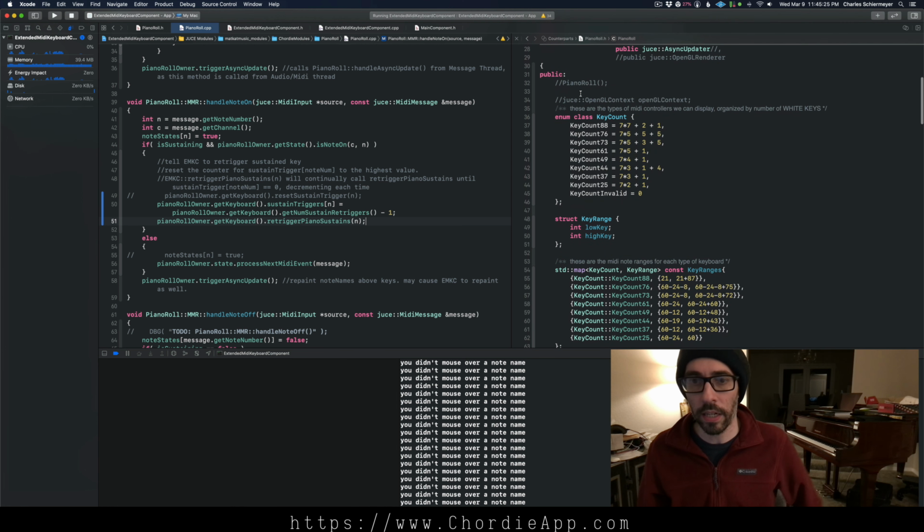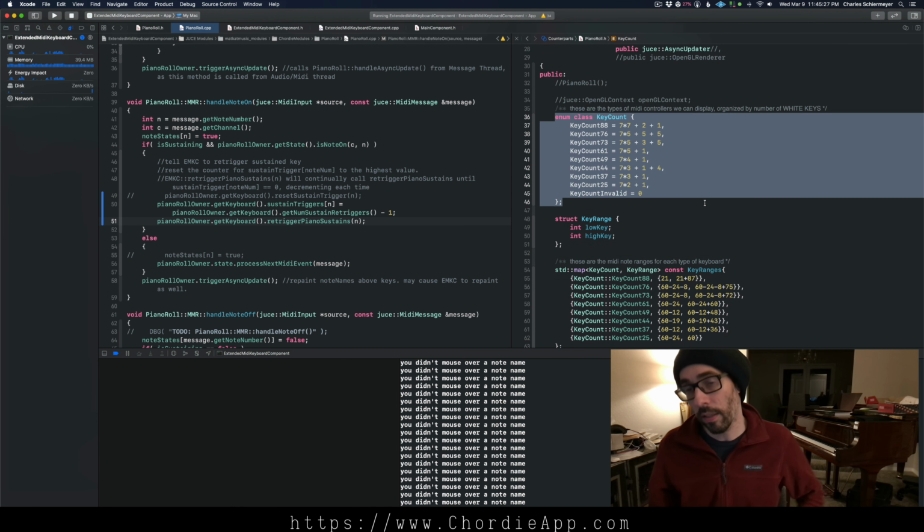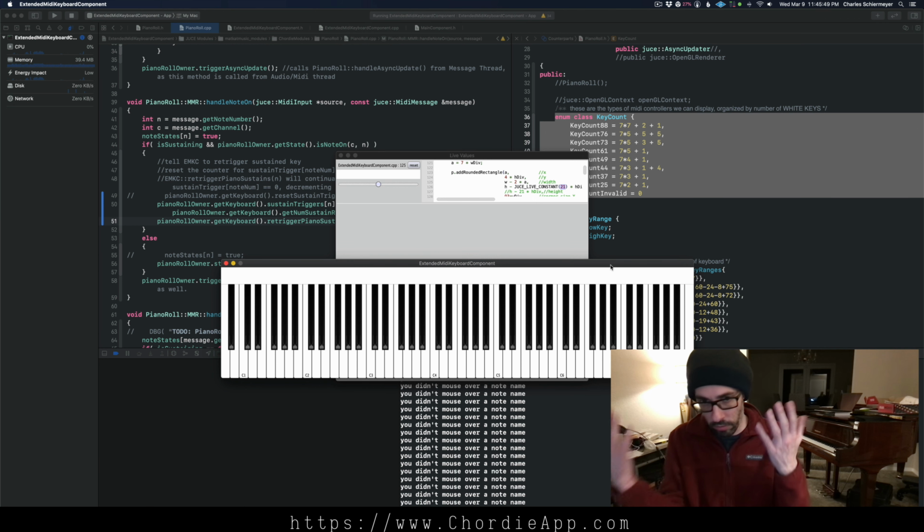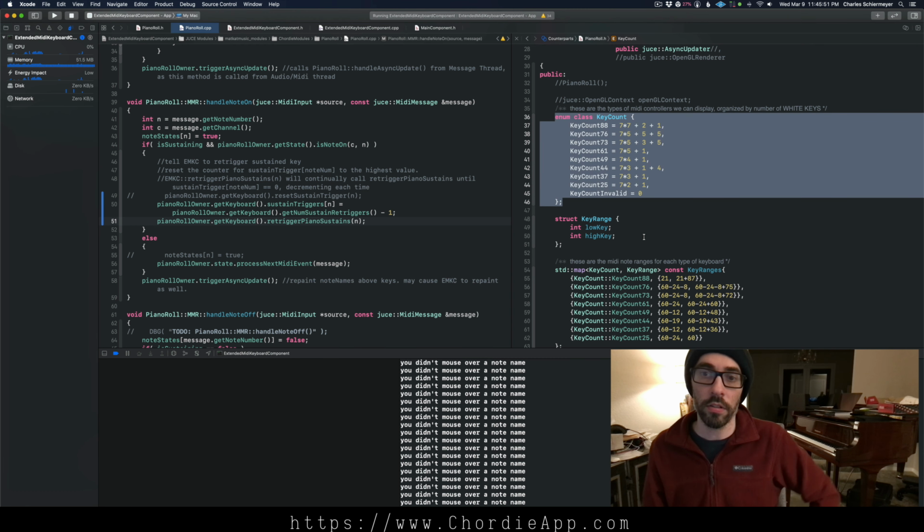So there's stuff like, I got all this key count stuff because I had the ability to customize what size keyboard was displayed. Like this is showing the 88 key keyboard. These are clearly way too long. There was so much customization because a lot of people are like, I have a 61 key keyboard, I have a 76 key keyboard, or I want to be able to customize the range because I'm only playing within this spread of notes. And I built all of that stuff,